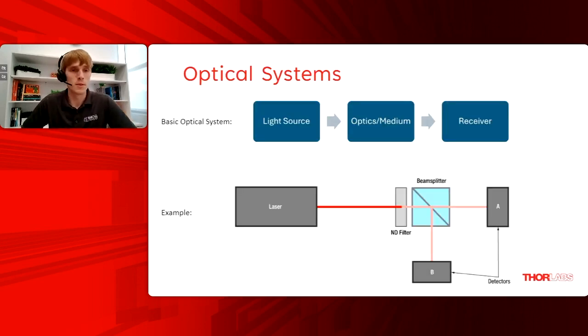So any optical system, just for ease of discussion, can be considered to be made up of three things. Your light source, some optics or medium or a device under test in the middle, and a detector or receiver at the end. This could be as simple as, say, pointing a TV remote aimed at your TV to turn on or change the signals, turn the volume up, whatever it may be. Or in the example pictured here, it's a very simple experiment with a laser light source passing through a neutral density filter to reduce the beam power and then splitting evenly through the beam splitter to hit both detectors A